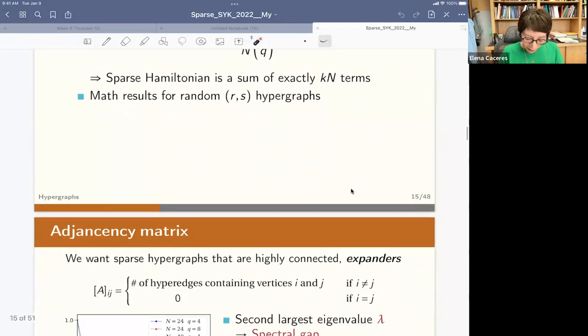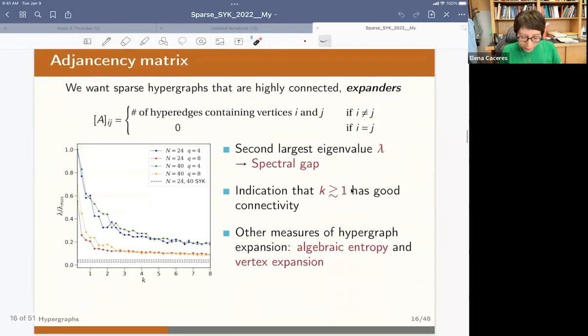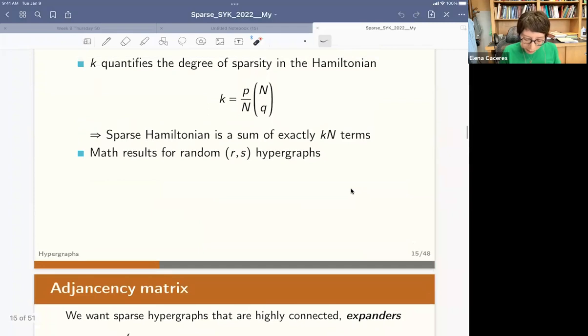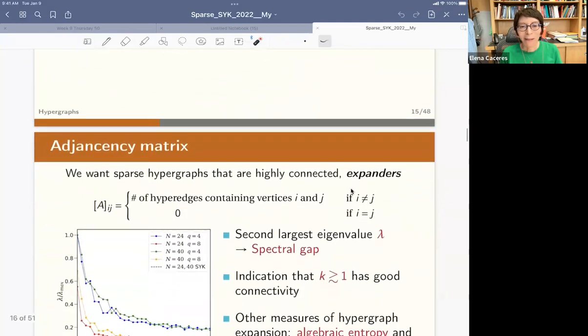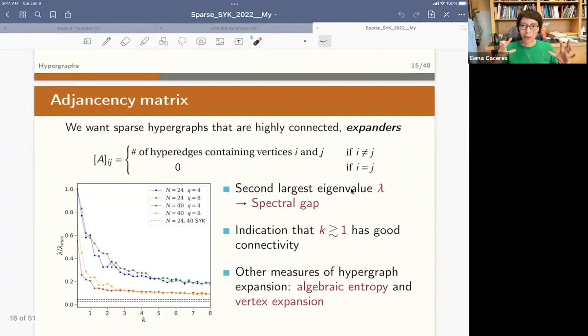So, okay. What we did is we went and looked for results in the literature for random RS regular hypergraphs, and what can we learn from that? One thing that I learned is that there's this object that contains a lot of information about the hypergraphs that's called the adjacency matrix. Okay, but anyway, before that,